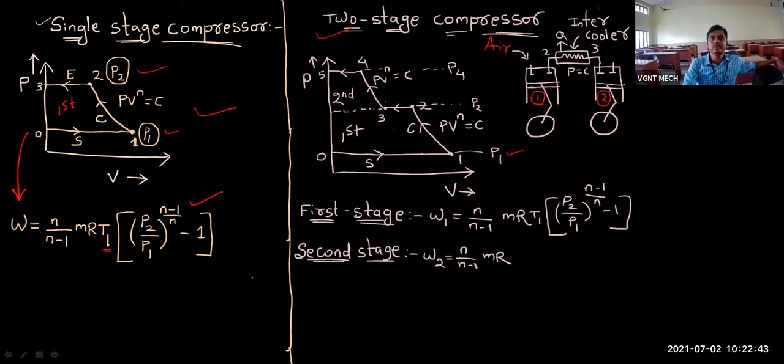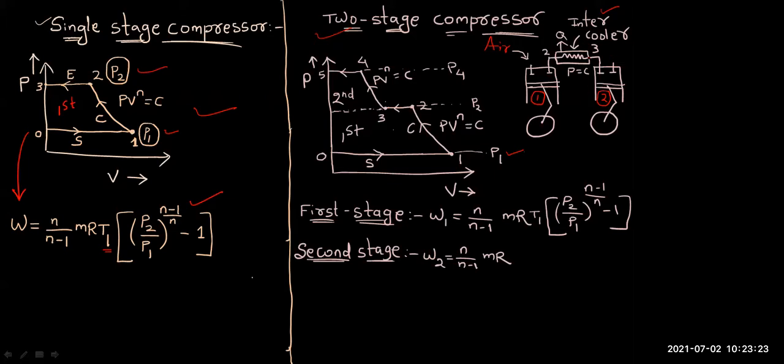So that's why we have provided an intercooler. In this intercooler, we maintain pressure constant and we reject some heat, so that the temperature of this gas will decrease. The entrance point of this intercooler is point 2, and the exit point is point 3. So from point 2 to point 3, this process is intercooling, at constant pressure. You can see point 2 to point 3 is a constant pressure line. So at constant pressure, we are decreasing the temperature, and if we decrease the temperature, its volume will also decrease. So point 2 to point 3 is the intercooling process.